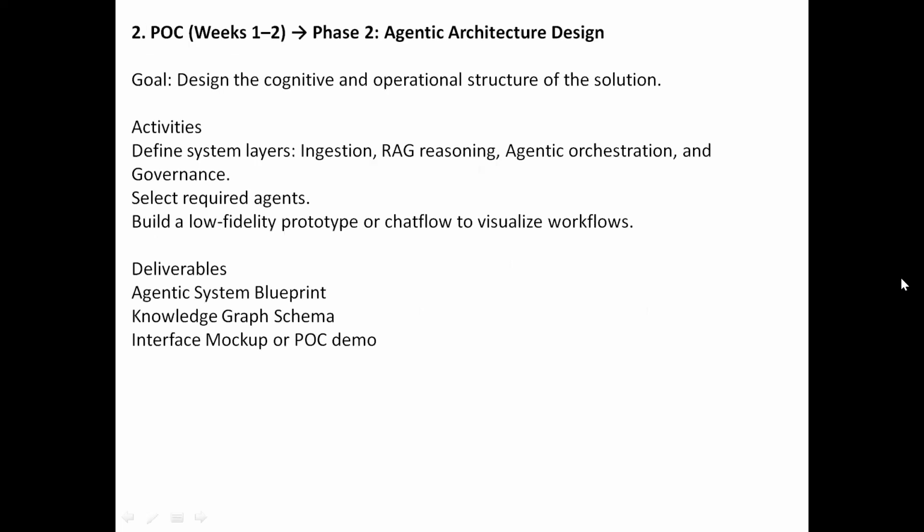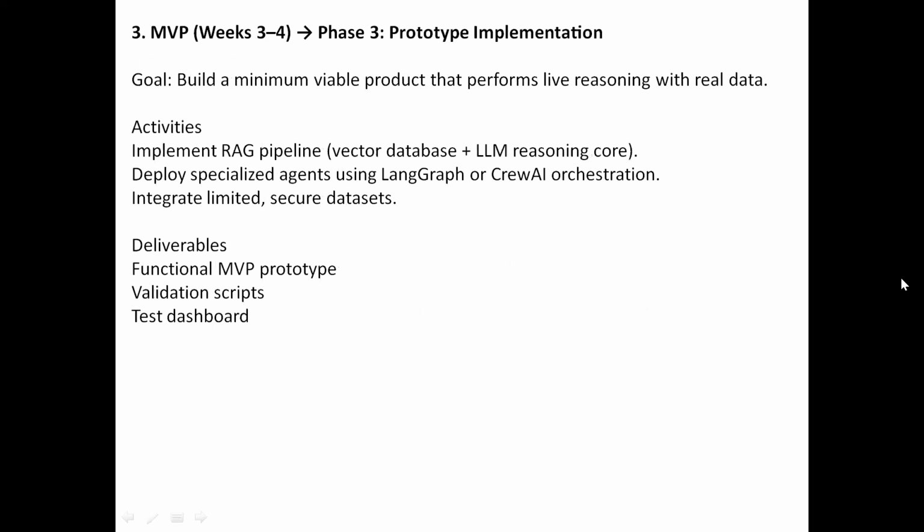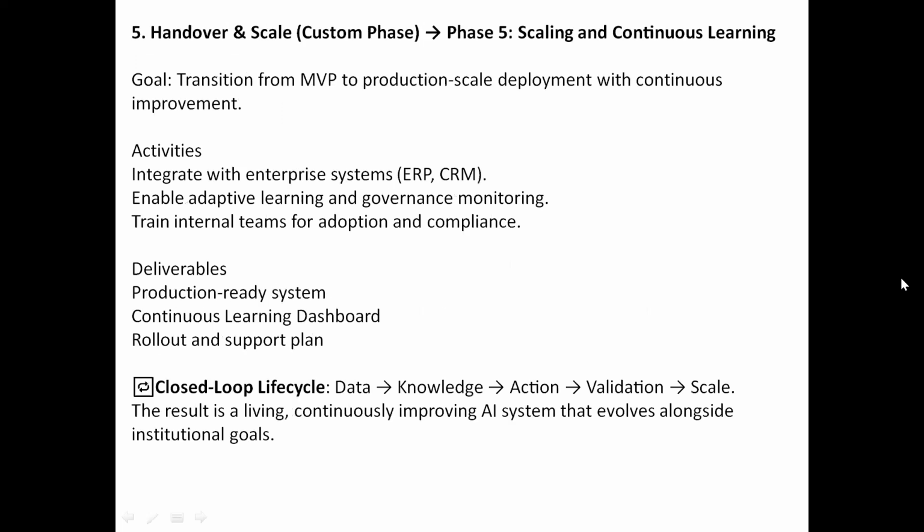So it goes from POC and MVP to real-world validation and handover. If you're interested in a pilot, starting at small scale, and you feel this agentic AI knowledge framework would be valuable in your financial service practice, then just contact me. Then we can discuss how to resolve your current issues, whatever they are, in the design stage.